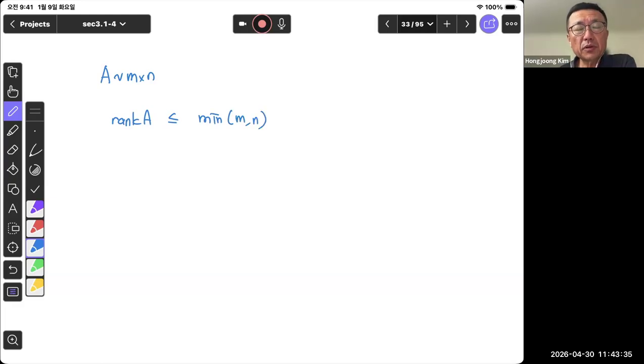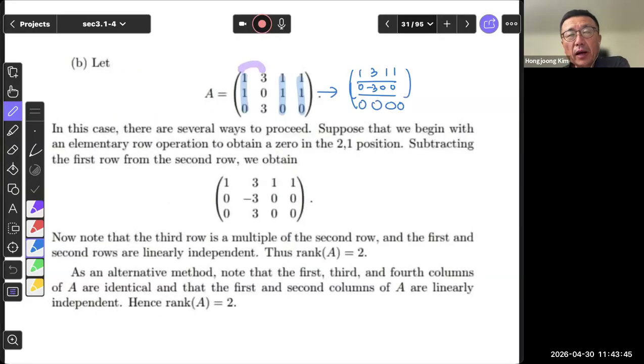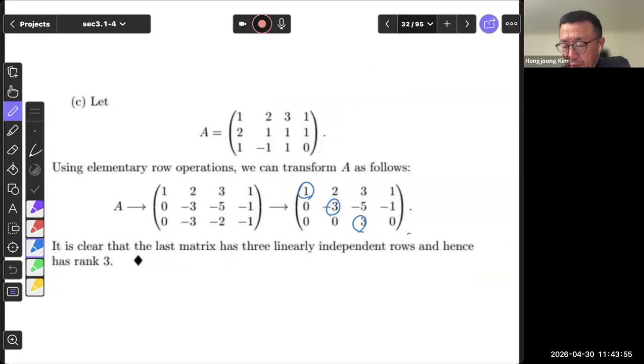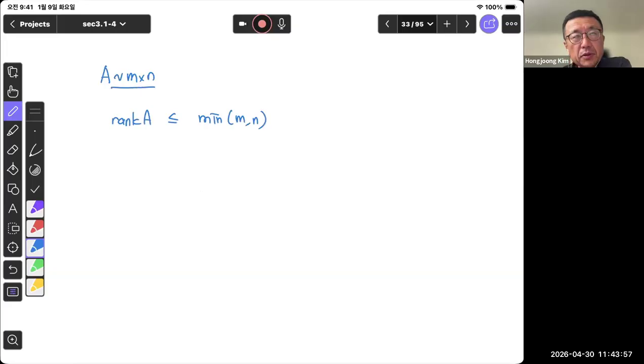This is a very simple fact, but sometimes it is useful. When I look at this matrix, the rank of A cannot be 4, right? So if I have this m by n matrix, and if n is greater than m,